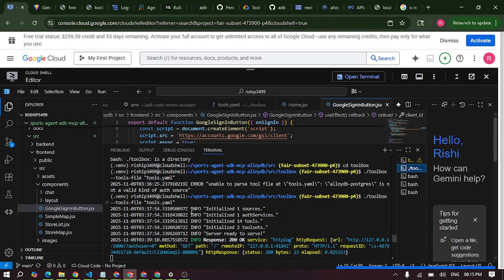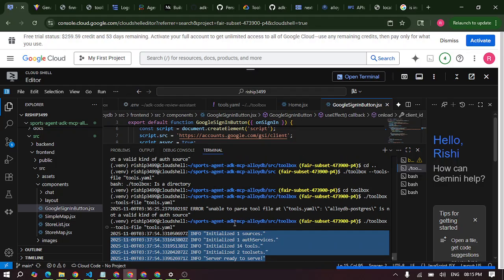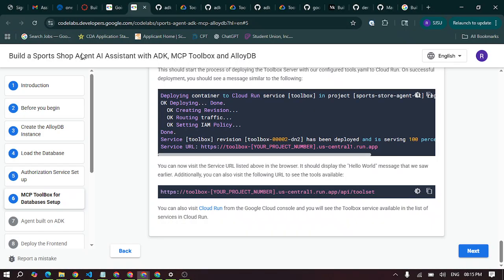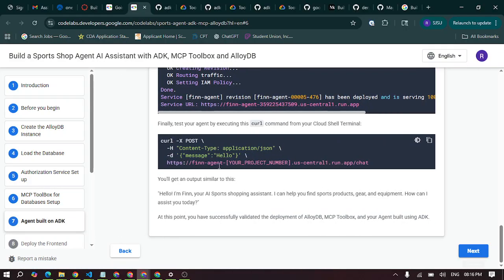It shows the initialize store one, and the server is ready to serve, which means that it is. I tested that on my local right over here. It seemed to work fine, and we were good to deploy that. So once we have this, we deploy this MCP toolbox, and once the MCP toolbox is up and running, we just saw,